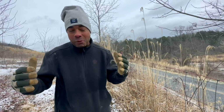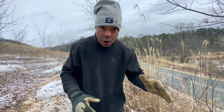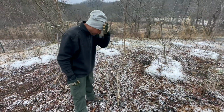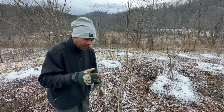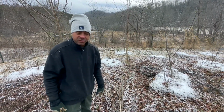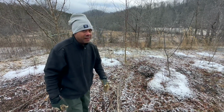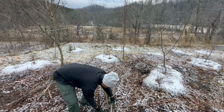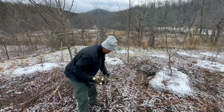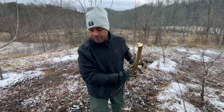Man, that's what is such a joy about doing this job, is when you can see the recovery, because all of this looked like that. So the only thing left to do is clean up the mess. Now, if these weren't black locusts, I would basically clip them up in place and put them right on that mulch ring. But look, you'll notice that all of them are in a straight line. That's one of the cool time-saving tips that you'll learn from my man Stefan. So easy as pie, just walk right out with it, and I'm gonna throw it in the back of my